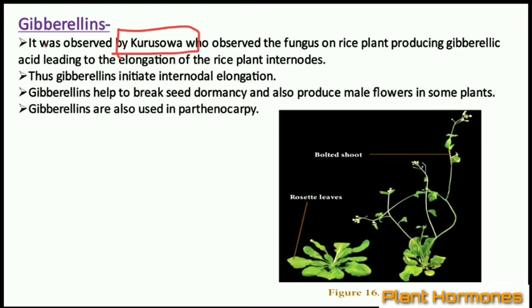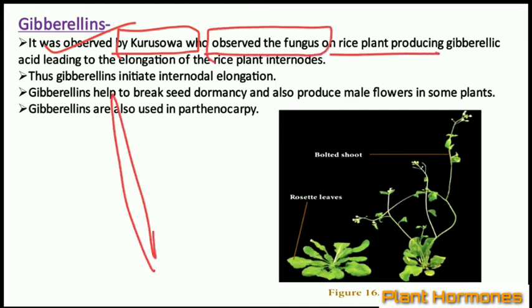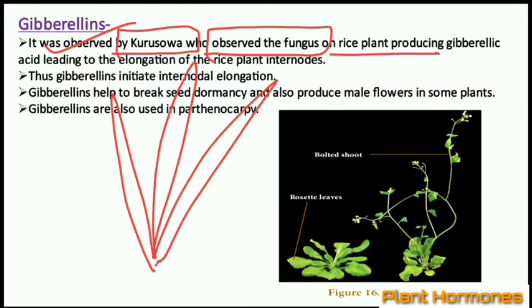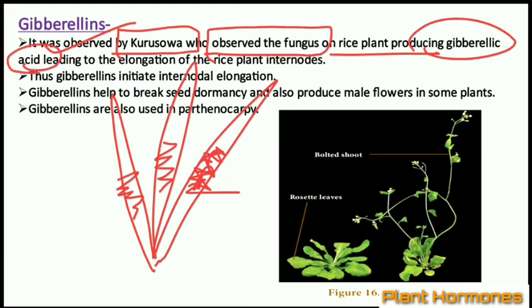He observed the gibberellin for the first time. And how did he observe it? He observed a fungus on a rice plant. There was a rice plant, and on the rice plant some fungus was growing, and due to this fungus, gibberellic acid was produced. This fungus growing on the rice plant was producing gibberellic acid,